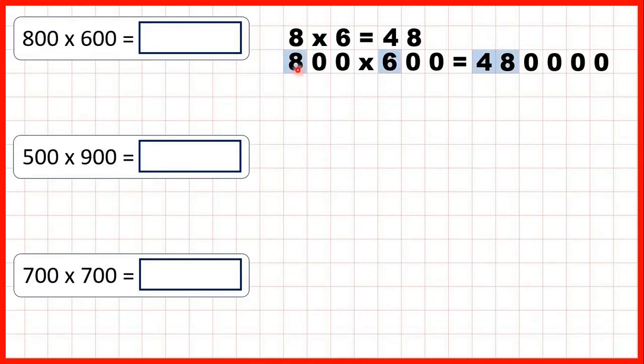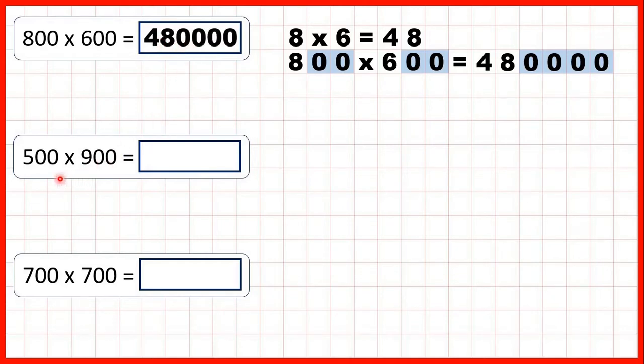That's because after we've written our answer to 8 times 6, we can count the end zeros in our question. We have a total of 4 end zeros, 2 here and 2 here, and that means we need to write 4 end zeros in our answer. So that's